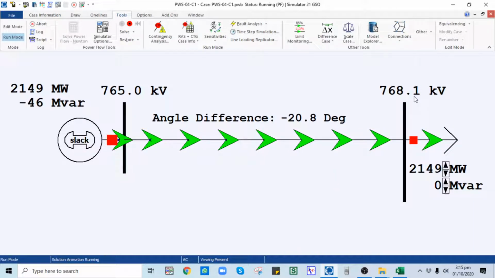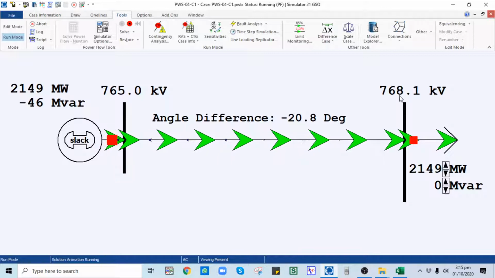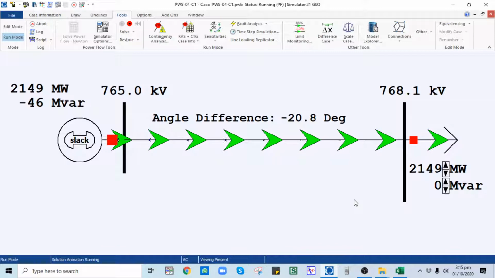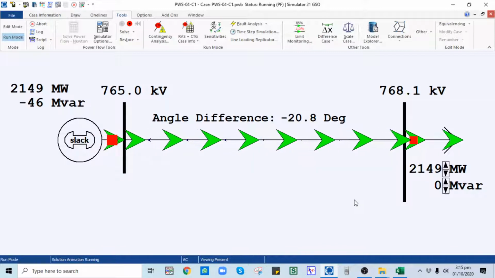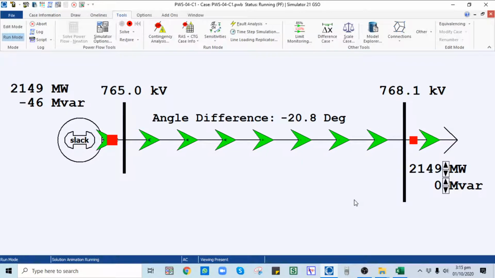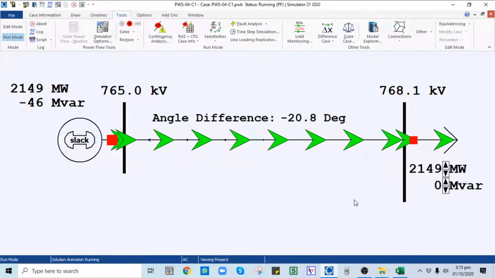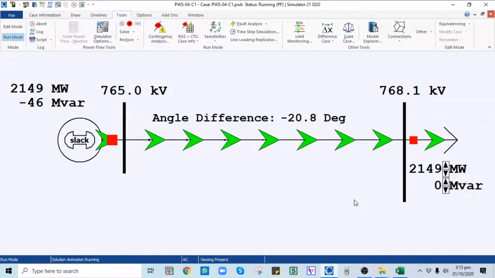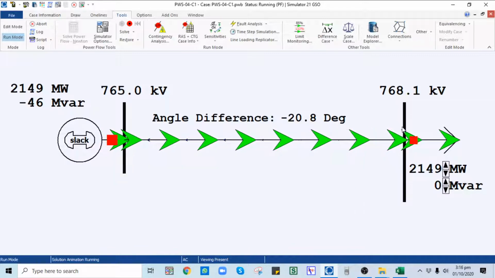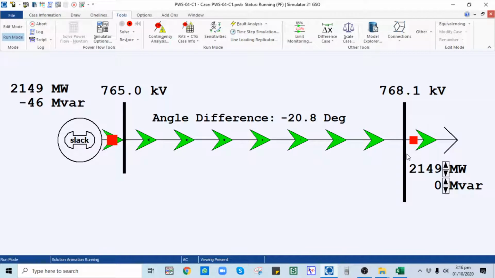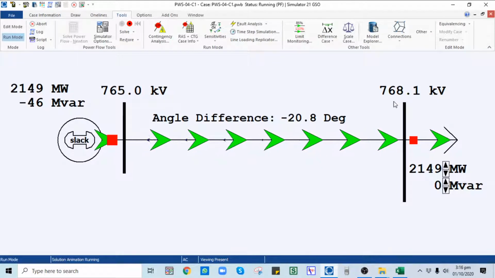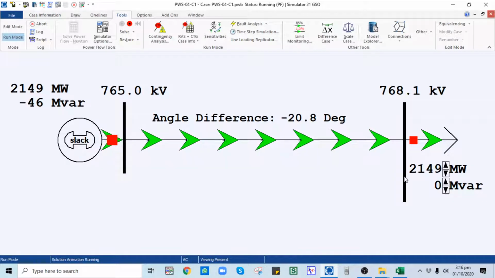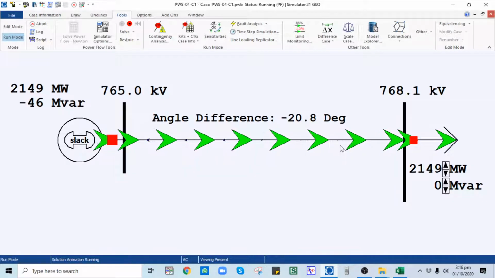Here you can see that the voltage at the load end is increasing. It means that the line is generating reactive power. It means that the line is lightly loaded than the practical loadability, that is theoretical steady state limit. So after that you can see that the voltage at this end is increased. So mostly what we do if the voltage increases, in the last lecture we have seen that add a shunt reactor to absorb this reactive power that is generated by a long line.